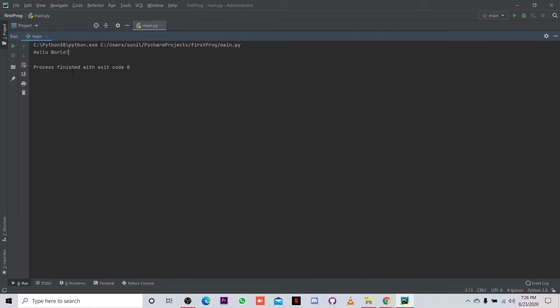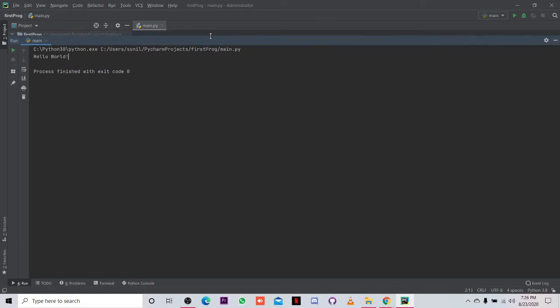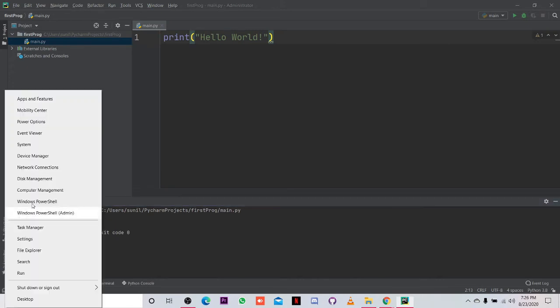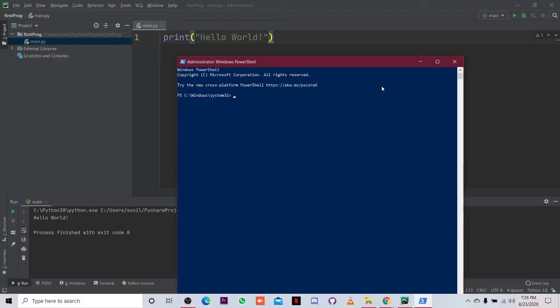This is the thing we see in our terminal, isn't it? Terminal or command prompt. Command prompt for Windows, terminal for iOS. Let me show you that also. If I go to Windows, PowerShell, or your command prompt, click on it. Here I write Python. I call my Python, and it will enter into the Python interpreter, and here I will write my code. Let's say I write print hello world.